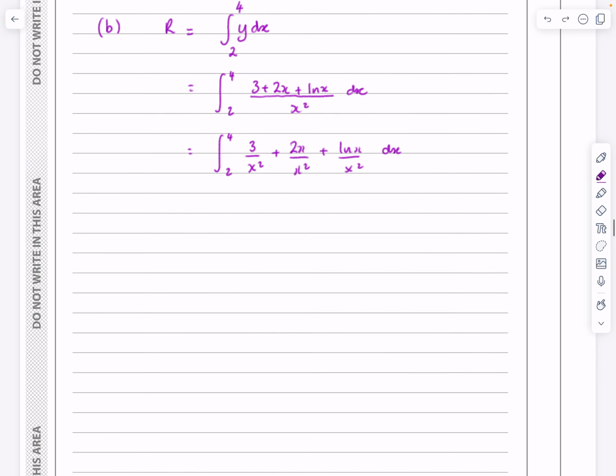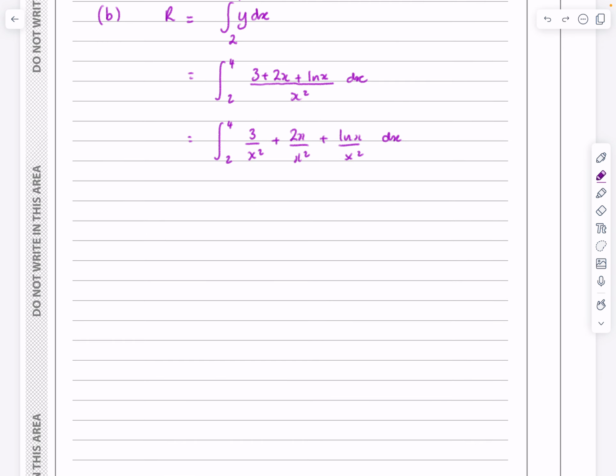For the rest of it then, just take your time. So that's 3x to the minus 2, plus that's 2 over x, isn't it? So 2 over x, and then log x over x squared. We still haven't integrated yet, so between 4 and 2 the integral, and now we should be able to do